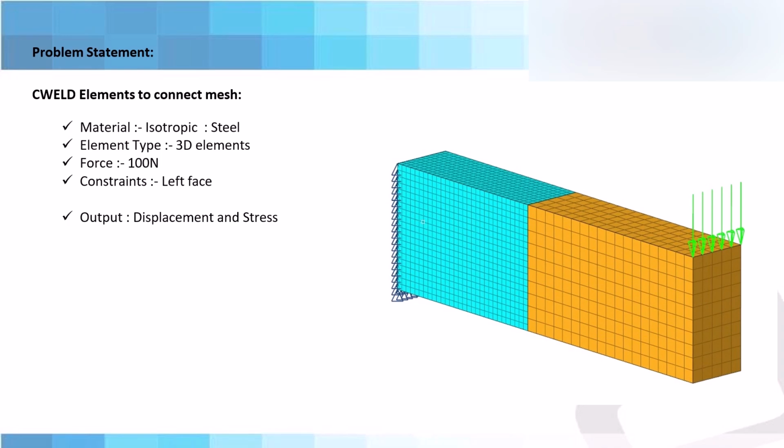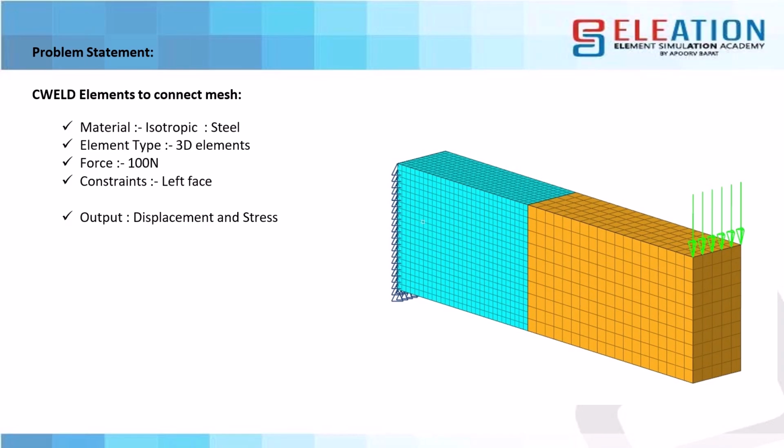If you take a look at the problem statement, you will know that on one side you have a very fine mesh and on the other side you have a very coarse mesh. The issue with this is the elements are not connected together in the middle of the component. To fix this, we will have to create some C-weld elements. The output we want to see in this case is displacement and stress. So let's see what problems we have with this model and how we fix it with C-weld elements